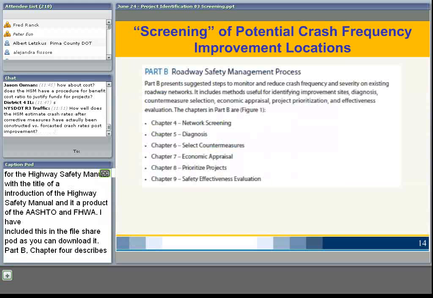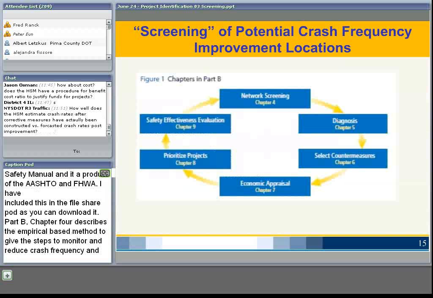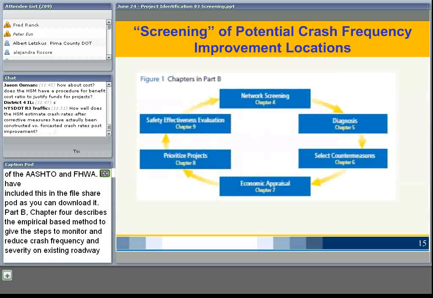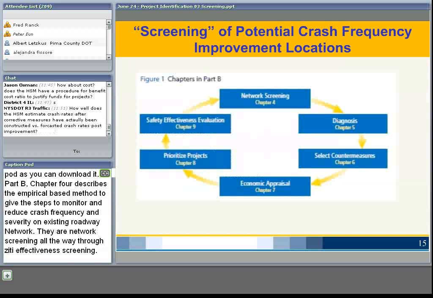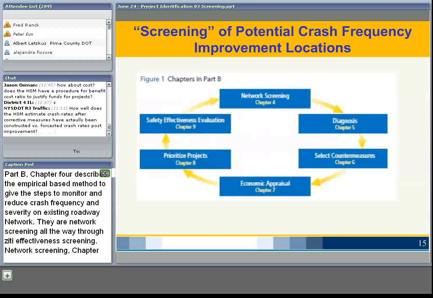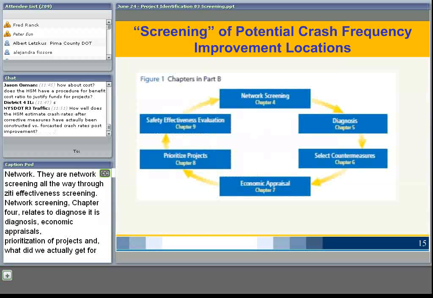Part B, Chapter 4, describes in detail the empirical Bayes method, and it suggests the steps to monitor and reduce crash frequency and severity on existing roadway networks. The chapters in Part B are network screening, diagnosis through Chapter 9 on safety effectiveness evaluation. And network screening, Chapter 4, relates to diagnosis, to selection of countermeasures, to economic appraisal, to prioritization of projects, and